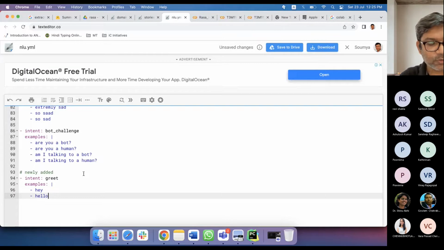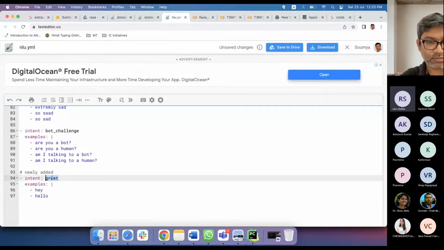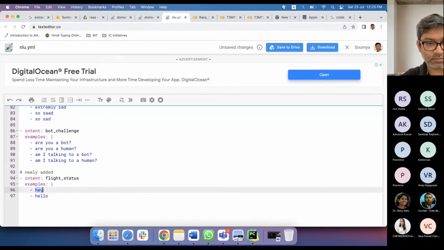You asked us to copy the first intent. Yeah. So I can say maybe flight status. Example: what is the status of my flight?